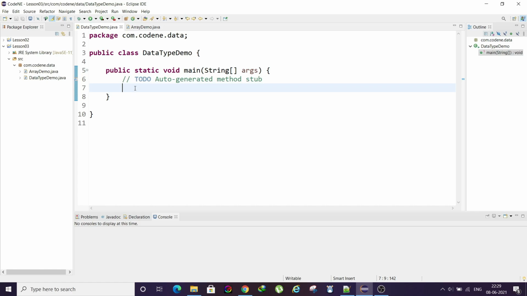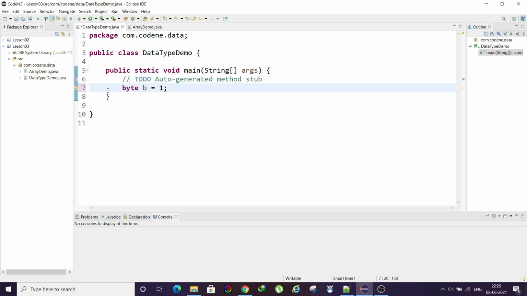Starting with how to declare a variable. As we have already discussed what the data types in Java are, let's say you want to declare a byte type variable. In that case, you simply need to write byte b equals, let's suppose, 1.